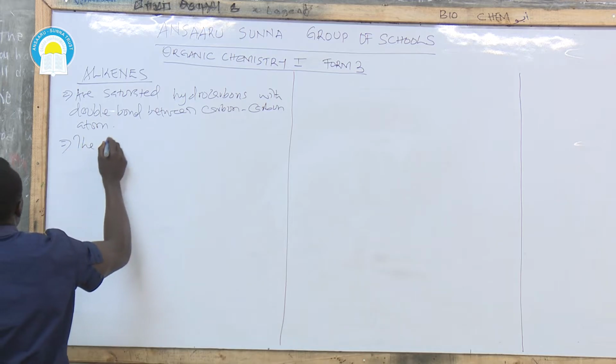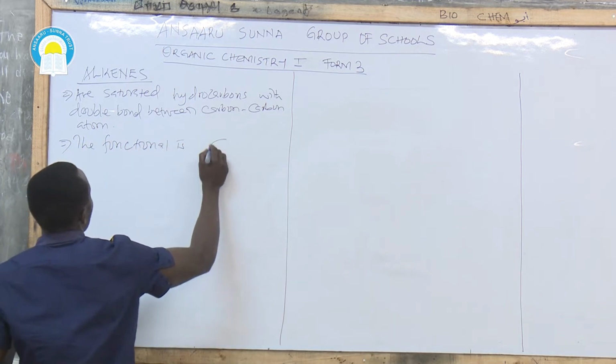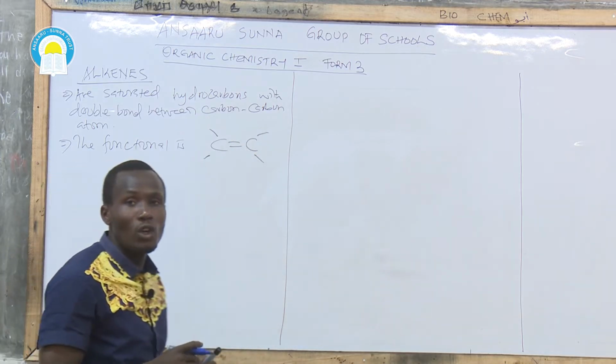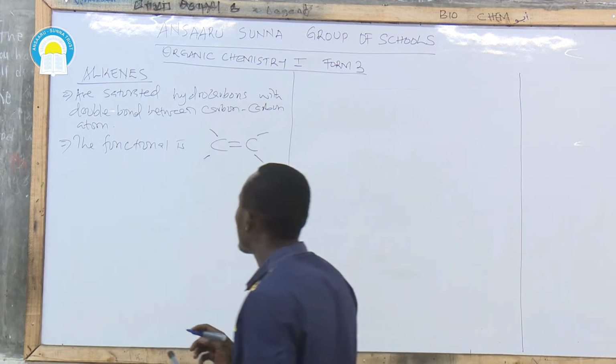The functional unit is where we have the double bond. That forms the functional unit in alkenes. And they have got a general molecular formula of